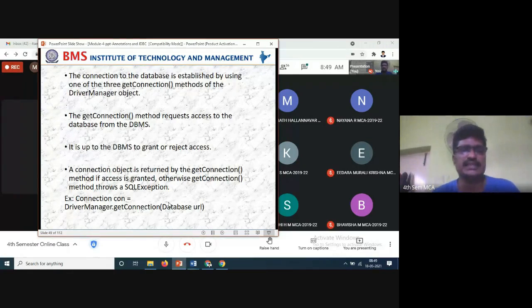Next, a Connection object is returned by getConnection. Once the connection is established, whatever you are sending or requesting, all these things will be objects returned by the getConnection method only, if the access is granted; otherwise the getConnection method throws SQLException.